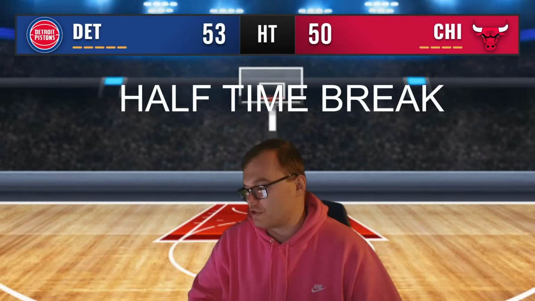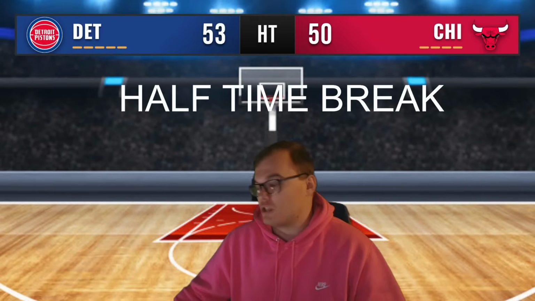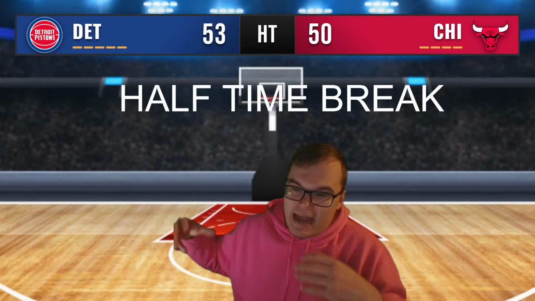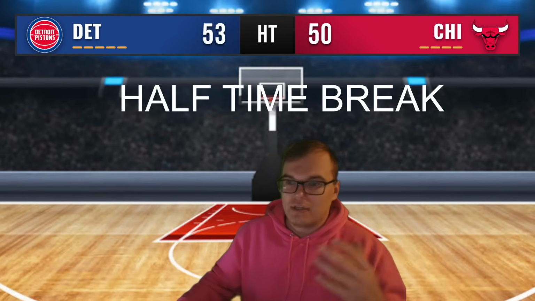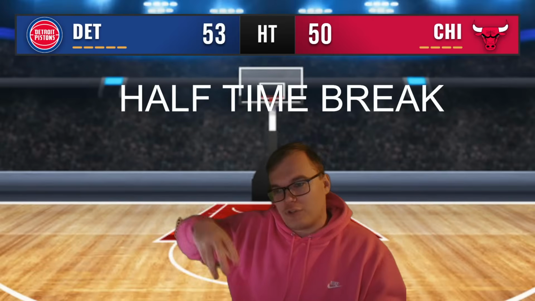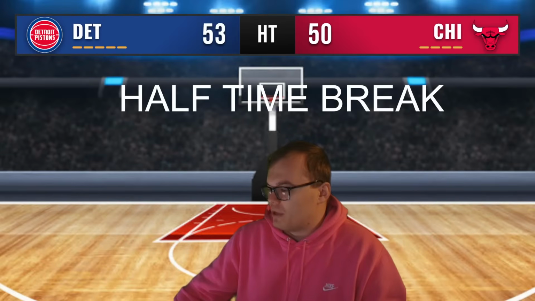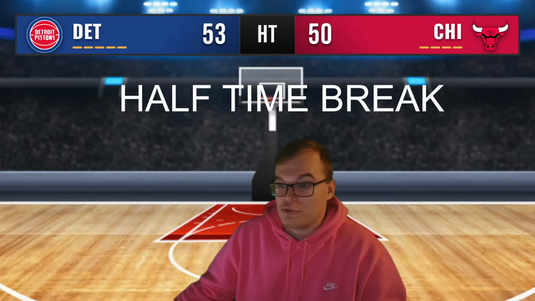He can knock down threes. It's just a matter of slowly starting to insert him in the lineup. Because right now, you got LeVert, Jenkins, both guards, shooting guards, Javonte Green. He's kind of in that neighborhood of, like I said, LeVert, Javonte Green, Dennis Jenkins, where you kind of have to slowly fit him into the second unit for the Pistons. And then you got Duncan Robinson, who's starting pretty much for you every game for the Pistons.